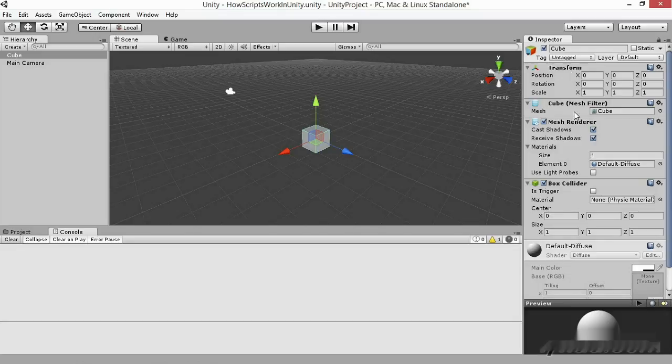It's important to note that even though these are separate components, there are dependencies between them. As I just described, the mesh renderer relies on a mesh filter and a transform being on the object in order to do its job of rendering. So why not put them all in the same component? While it may make sense in some situations, the system is more